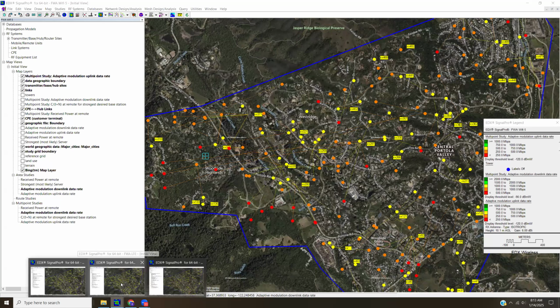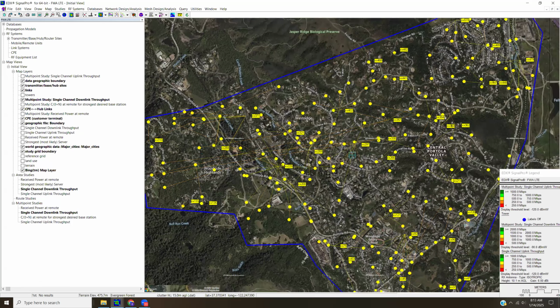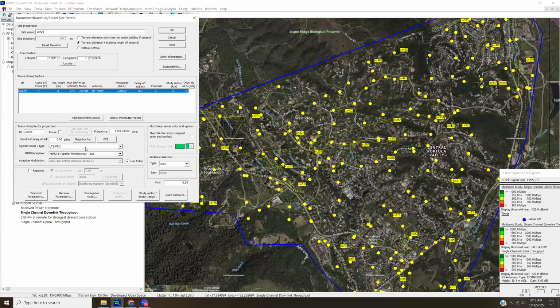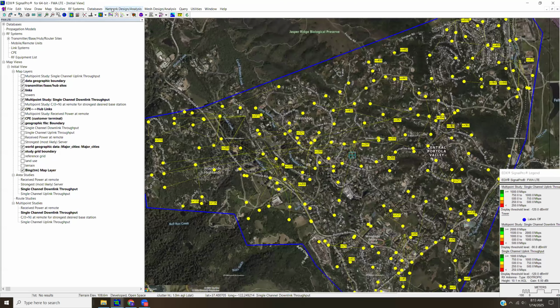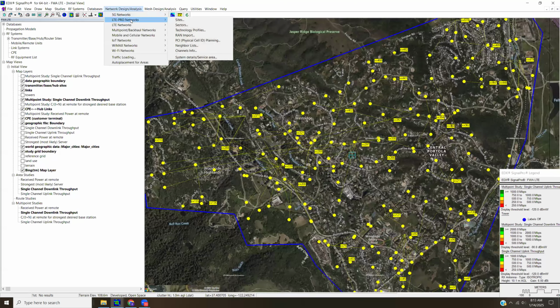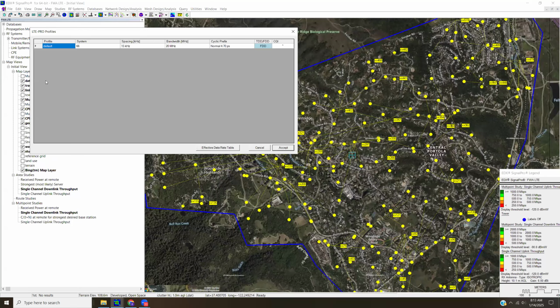And now by comparison, if I jump over to my LTE project, of course, these are all going to be set to LTE Pro. I've selected the same MIMO type. Maybe my solution would have that or maybe not. And then for LTE Pro, I would go here under the LTE Pro networks, and I can set up specific